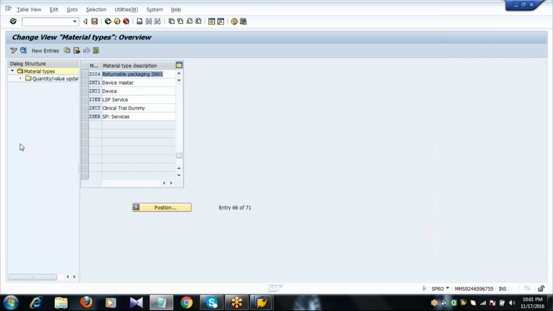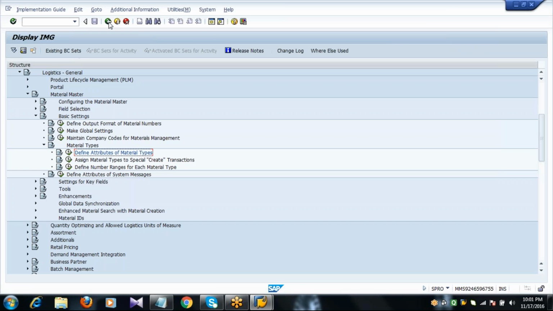Next, the next step is define number ranges for each material type. Now whatever the material types we have created, for these material types we need to maintain the number ranges.